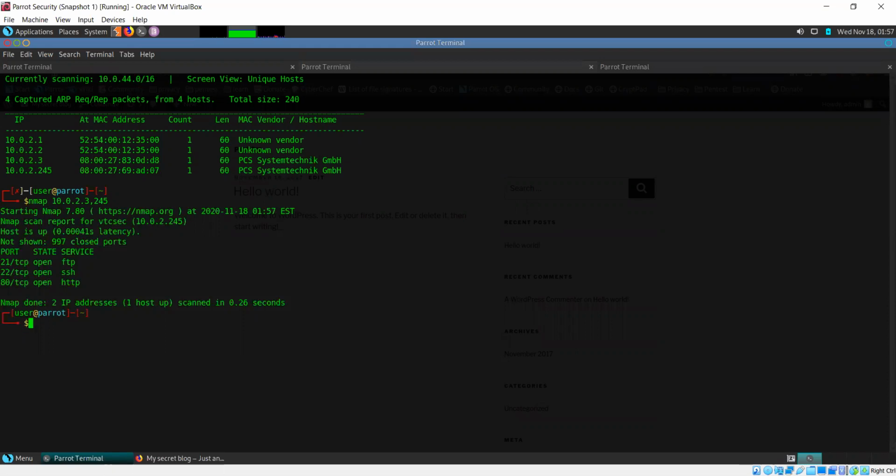It has said that this is the scan report for 10.0.2.245. The other one is down. So we know that this is our target device. There is just one.